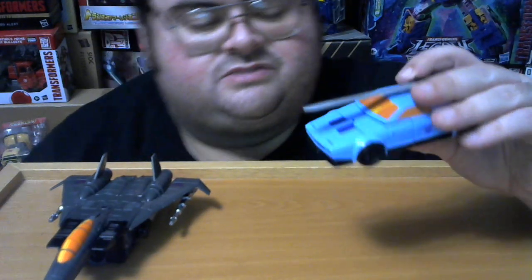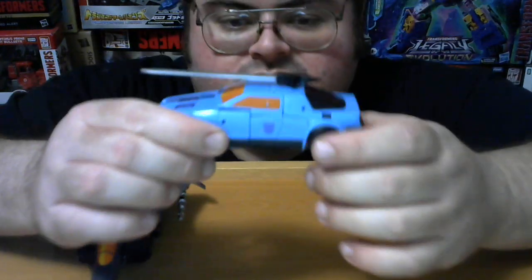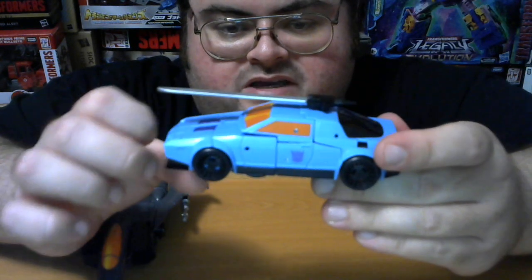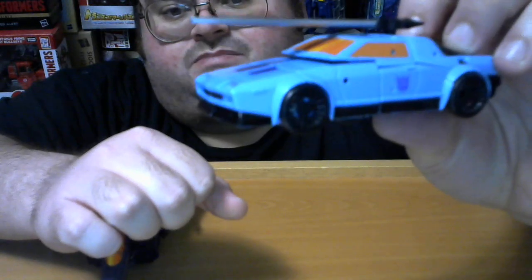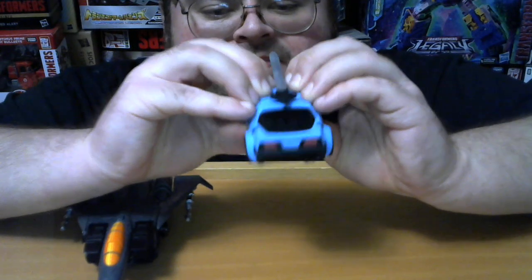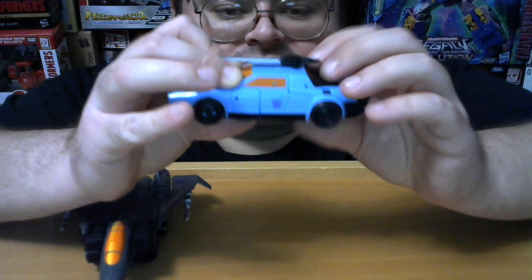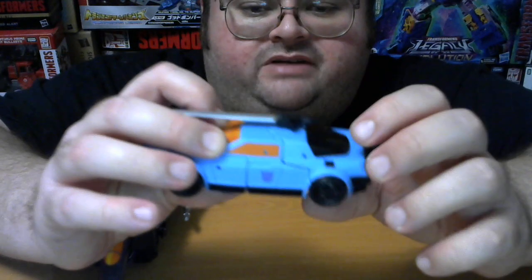Just be mindful of those paint apps though, because the paint could chip off over time. Now, I saw in more than one review where collectors have been having this problem where, unlike Earthrise Runabout and Runamuck, the windshield wants to pop up and not peg into place properly. From what I can tell, fiddling around with the Ground Soldier, in order for the windshield to peg into place properly, what's happening, I don't know if this is mold degradation,